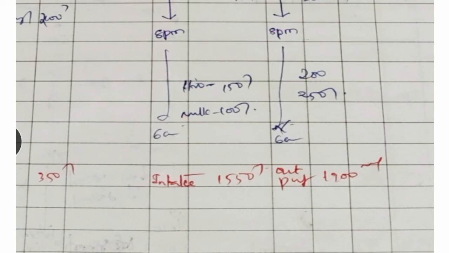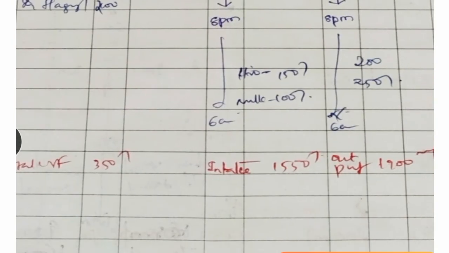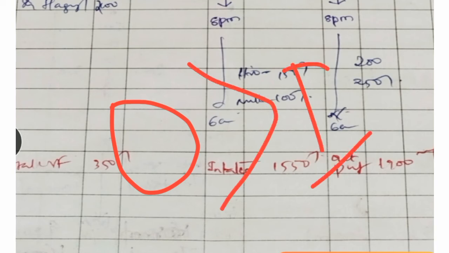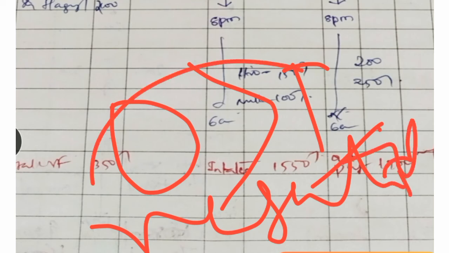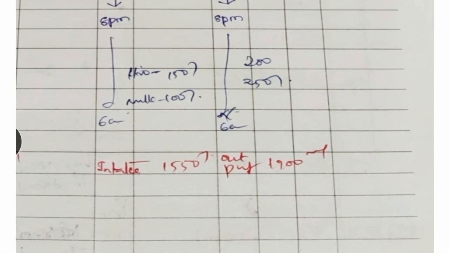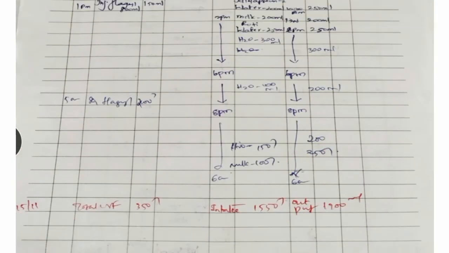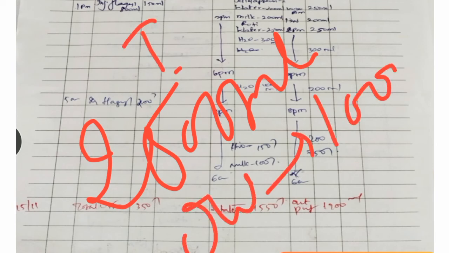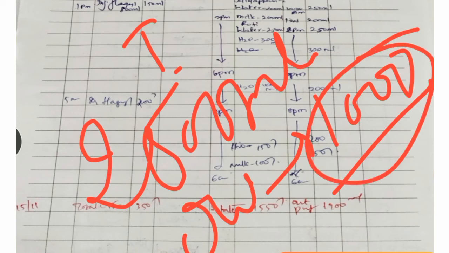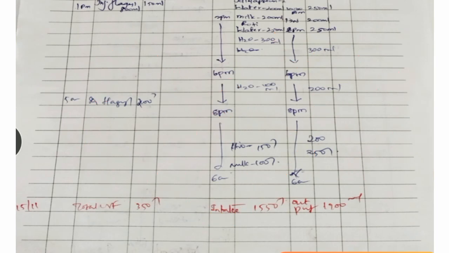If output is greater than intake, then it will be a negative balance, so we need to inform the doctor. It should not be too positive and it should not be too negative. Like the client has taken 2500 ml intake but output is 1000 ml, so it is a condition to worry about, so we need to inform the physician. Like this, if intake is less and output is more, then also we need to inform the physician.